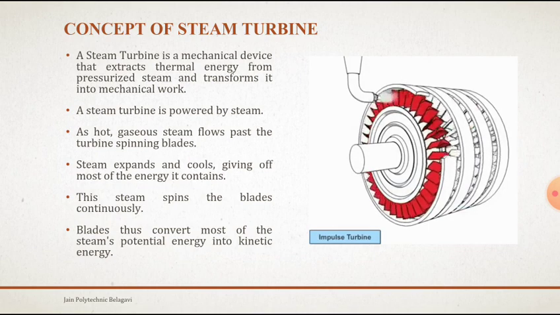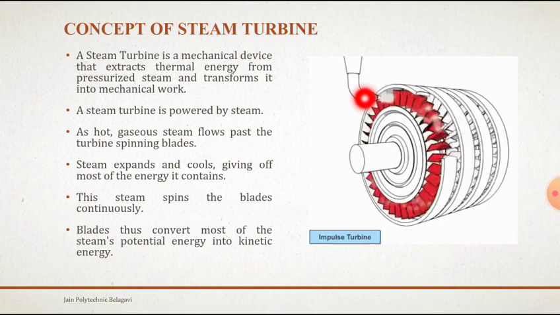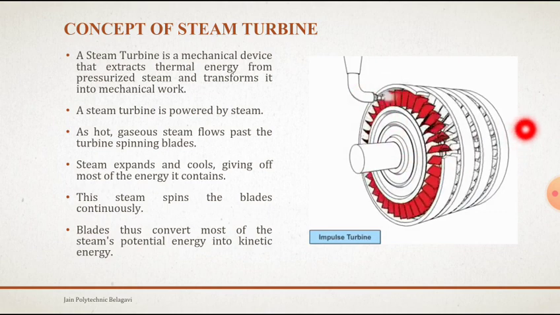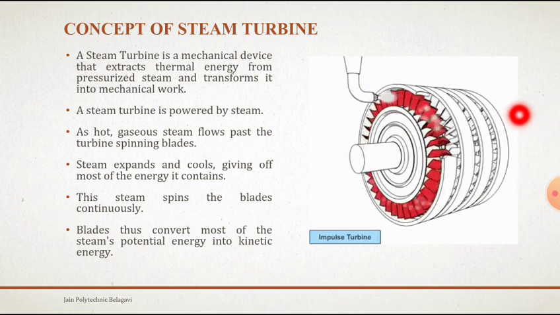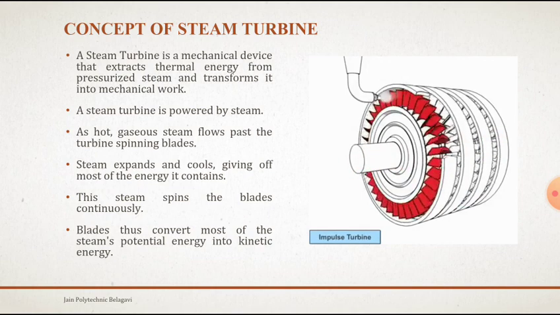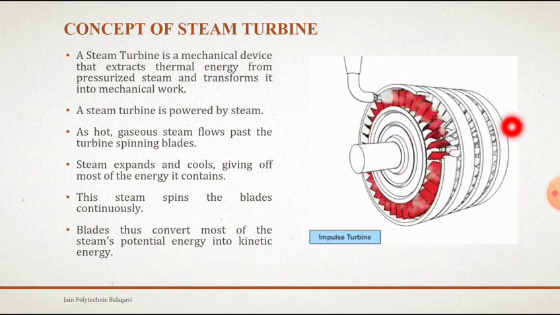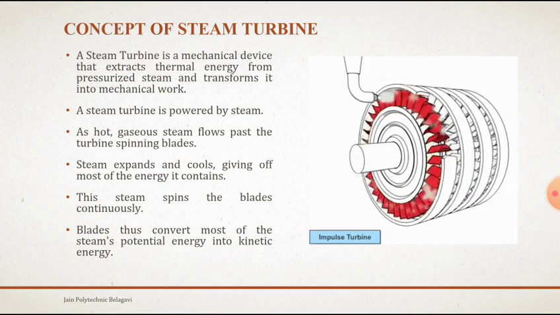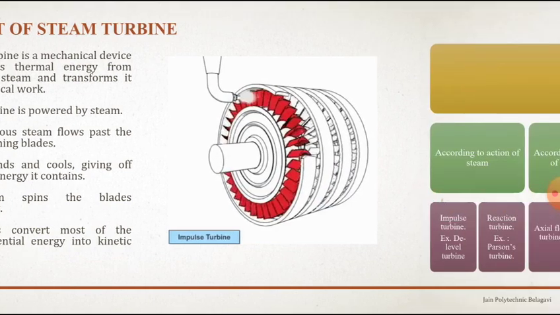So at the other end, here there will be steam, this is a nozzle, this is the steam turbine. At the other end, a motor will be connected to the shaft of this turbine. So when the turbine rotates, simultaneously the motor also rotates, and that is how electricity is produced, right? So these are used in steam power plants to generate electricity.